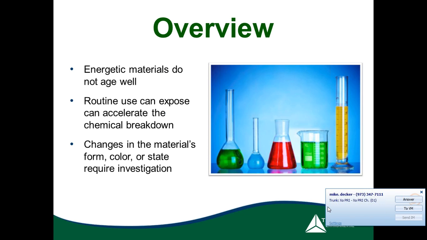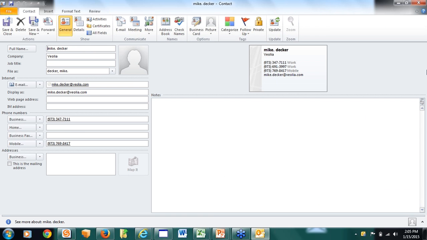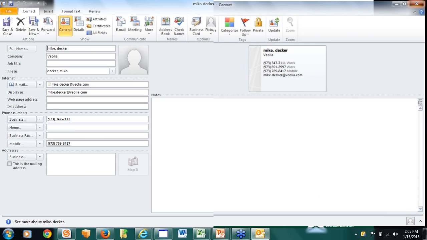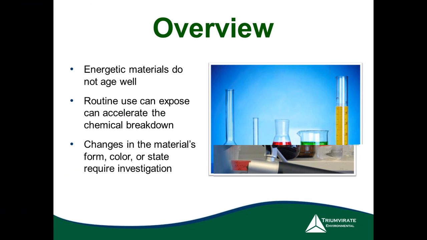So all the potential peroxide formers, of which there are a handful of common ones: ethyl ether, isopropyl ether, tetrahydrofuran, dioxane, being the most common that we will see over time. They will